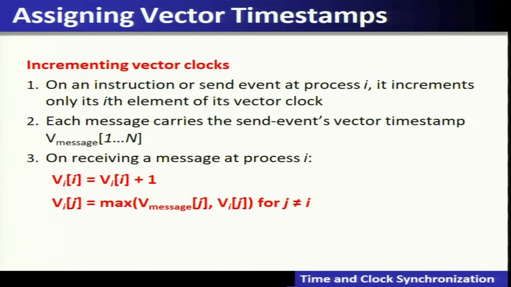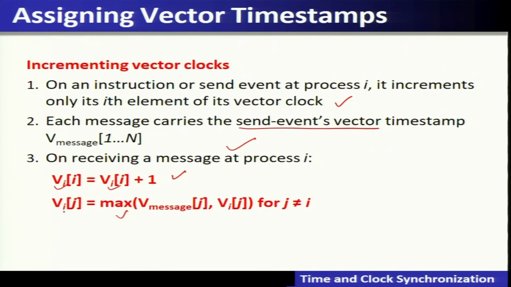Here you can see that on an internal event or a send event at a process i, it increments only its ith element of the vector clock. When it receives a message, each message carries the send event's vector timestamp, and both of these are used together to synchronize the clocks. For example, on receiving a message at process i, its own clock, called Vi[i], will be incremented by 1, whereas all other clock values in the vector will be synchronized using this particular